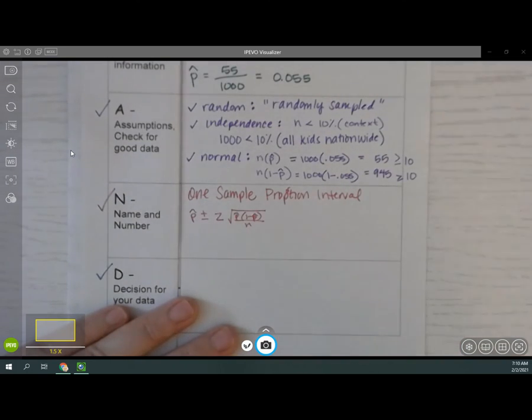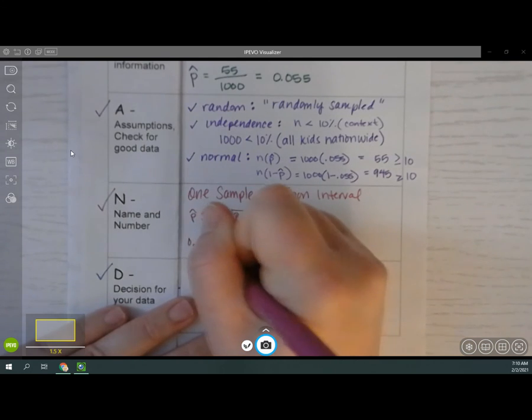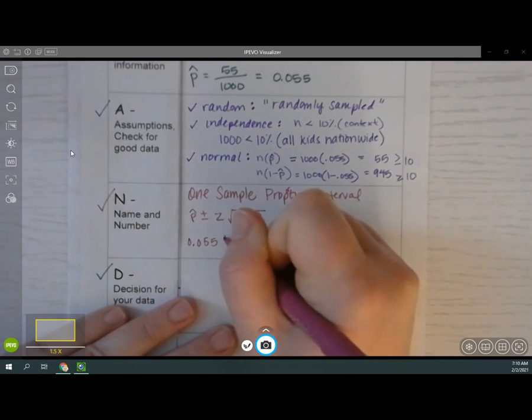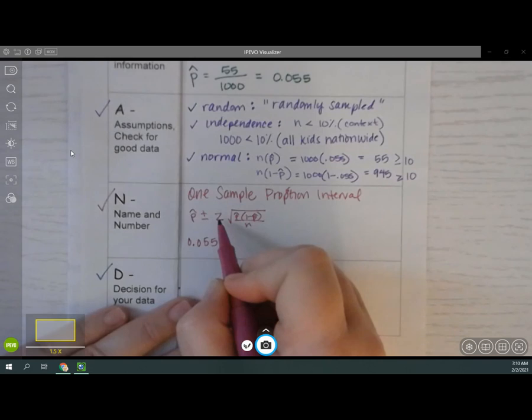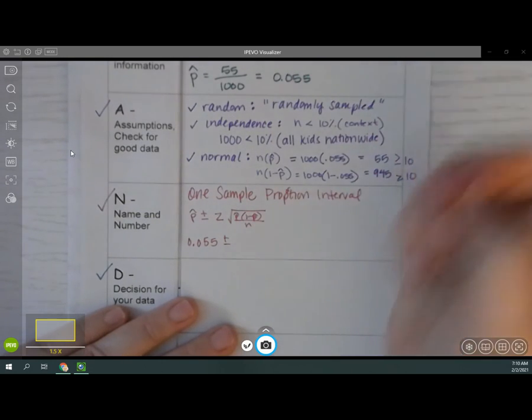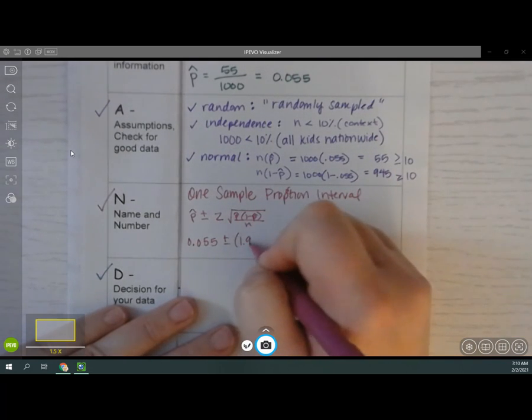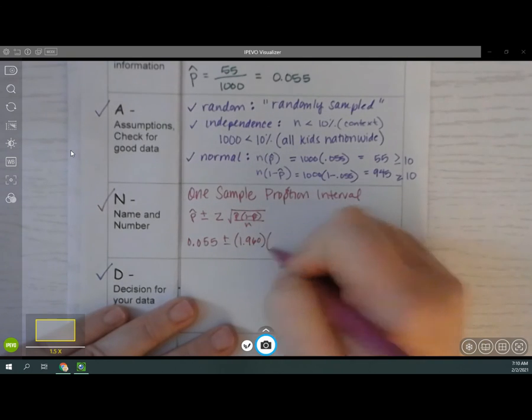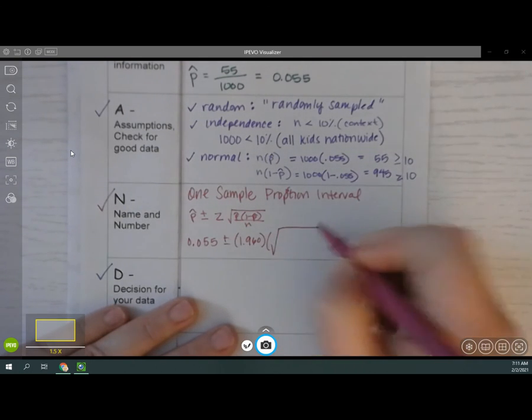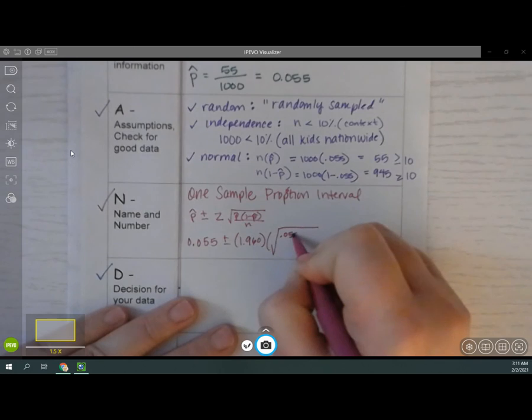When I plug that in, I end up getting 0.055 plus or minus my z star for 95%, which is 1.960. And we're going to be multiplying that by that big square root sign, 0.055, 1